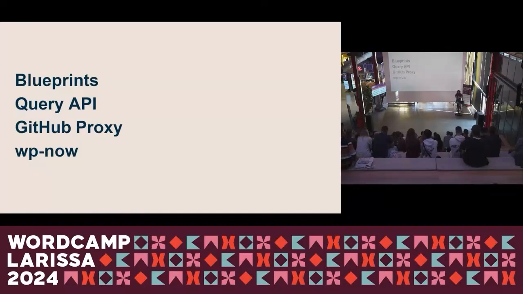The other thing that is good for you, if you're a developer, to spend time investigating is a query API. So the queries, if you know, like a query parameter in the link, in this case, you can add multiple parameters. For example, theme, that theme or that plugin or those plugins in a link, and it will automatically install the environment and it will add those plugins. And you can see what is also available through the query API. GitHub proxy,